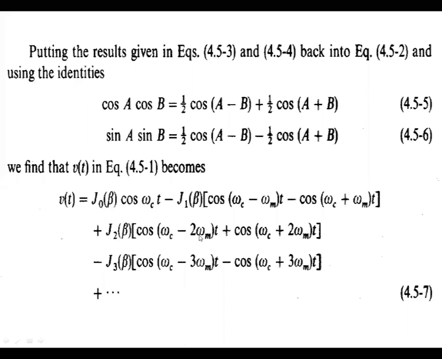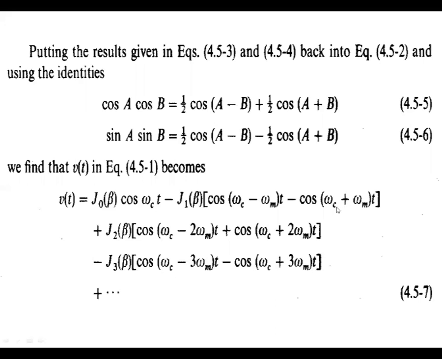So this is the second harmonic, including the sliding of the spectrum. That is, with respect to the spectrum omega c, there is omega c plus omega m and omega c minus omega m. Let us assume that omega c is the center, omega c plus omega m is the first harmonic, omega c minus omega m is the first harmonic. Omega c plus omega m is the right side of the first harmonic, omega c minus omega m is the left side of the first harmonic. Like omega c plus 2 omega m is the second harmonic on the right side, omega c minus 2 omega m is the left side of the second harmonic.